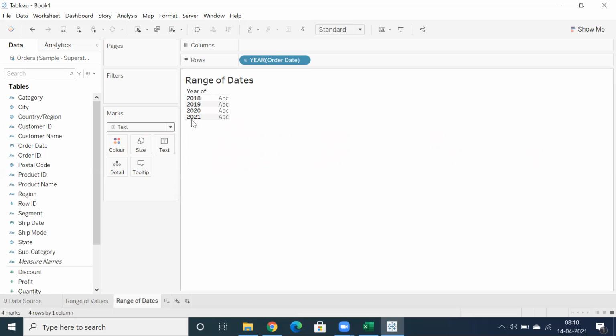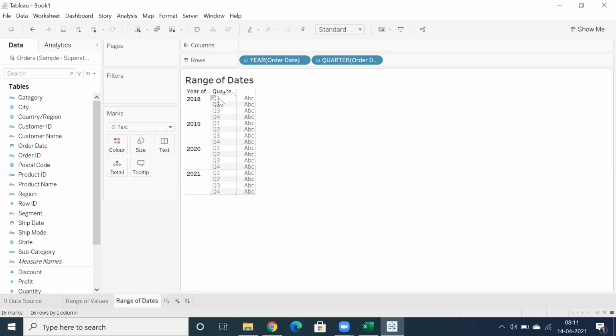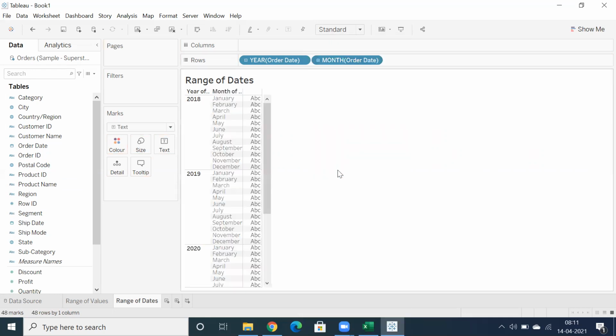I think everyone has the same, so no worries. So you have this year of order date in rows. Now I can drill down. Whenever I use order date in rows, you will get quarter by default, but I want to showcase month level. Okay, click on month. So for this display, I understand what the confusion is.